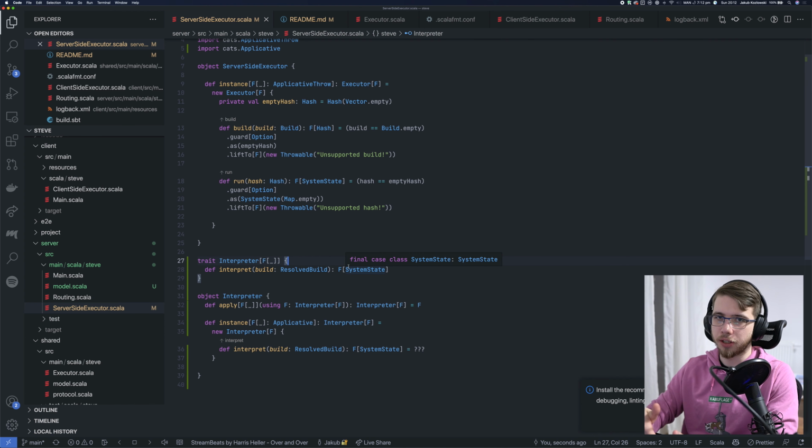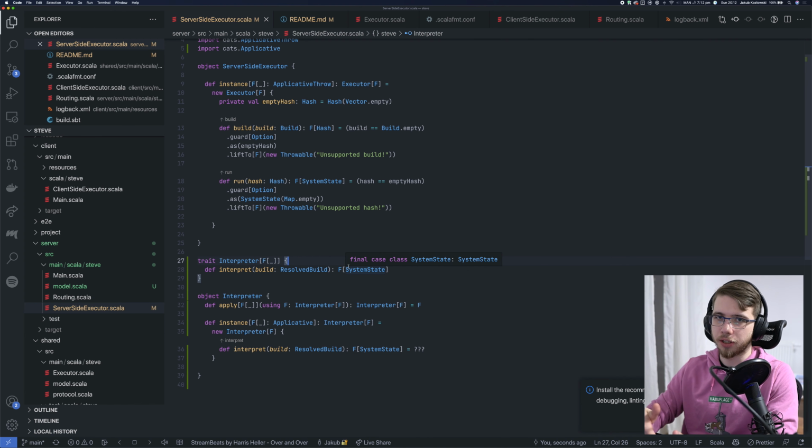So as I said before, we need to go from a build to a resolved build somehow. So let's call this resolve. For now, we'll just put it in here as a private method in the server-side executor. But I think in the end, we will have a separate interface for that and an implementation backed by some storage. And for now, we will only support the empty image as a base. We will not trust any hash whatsoever. So this won't really change in functionality. We'll actually just support this one case with the empty base, but we'll also allow some actual commands because this doesn't allow any commands. So resolve with a build,